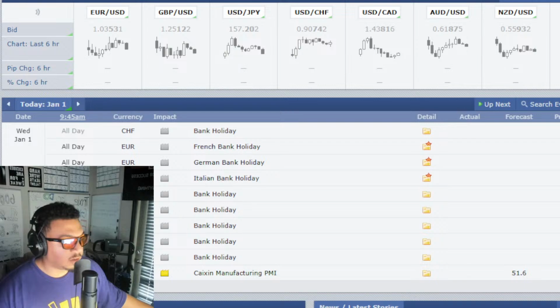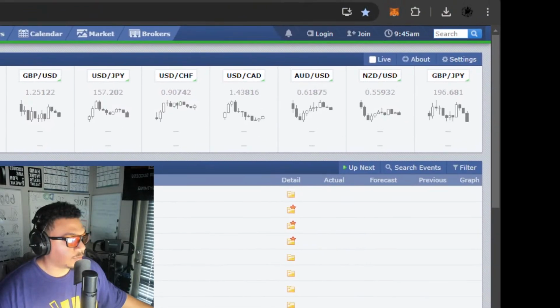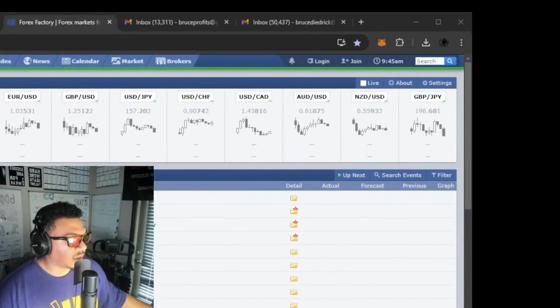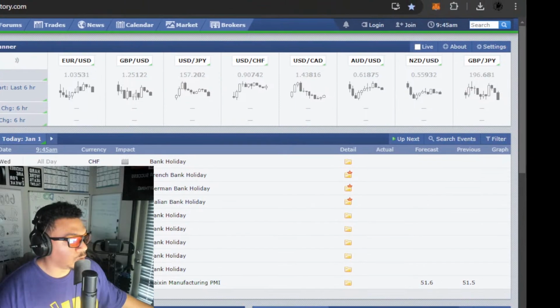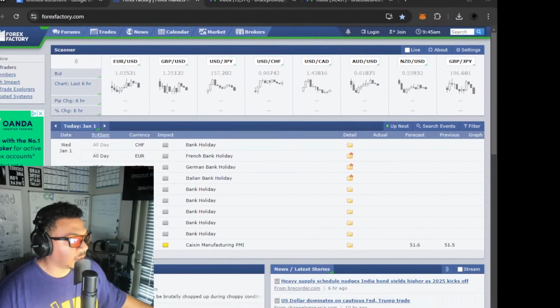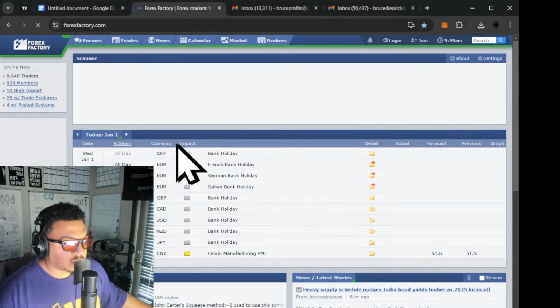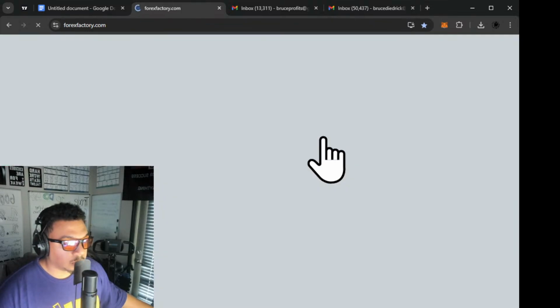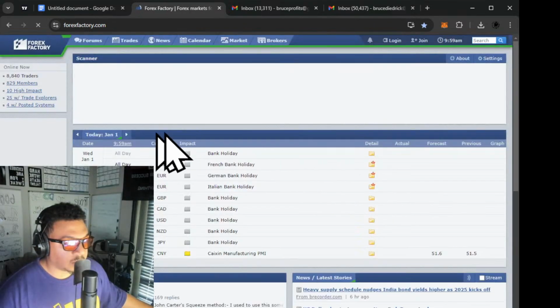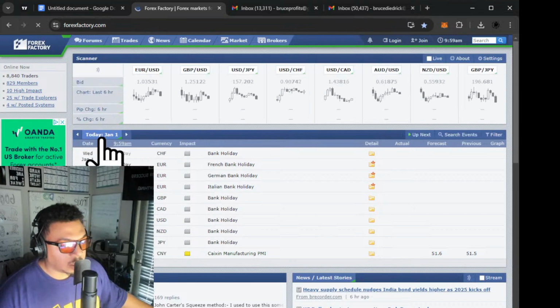So this website is Forex Factory. That's going to be one of the sites that you're going to want to use every single day to identify what's happening within the market. I'm going to go to it as if I just came to the site. So if you just come to the site, mine might just automatically go here. It looks like it automatically goes here, to the calendar of news events.